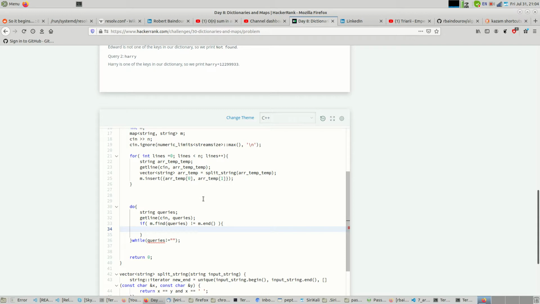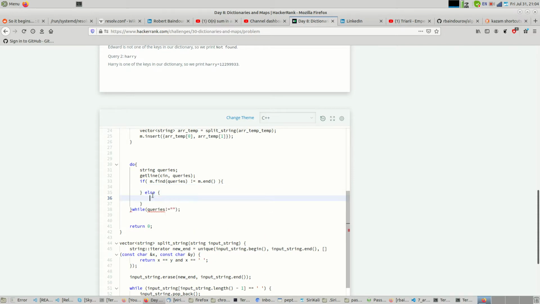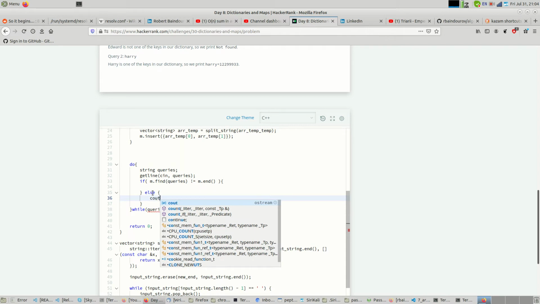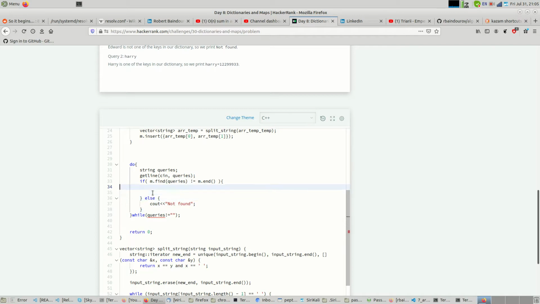So that's the not found, and what I need to remember here is